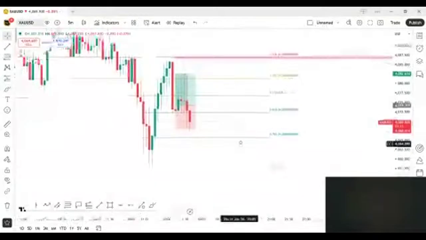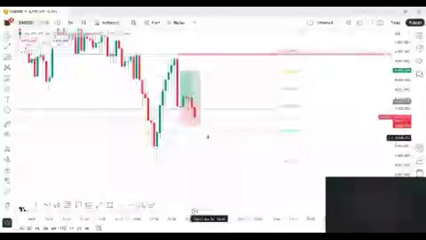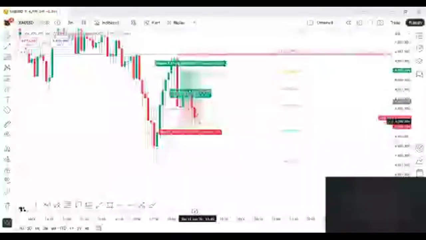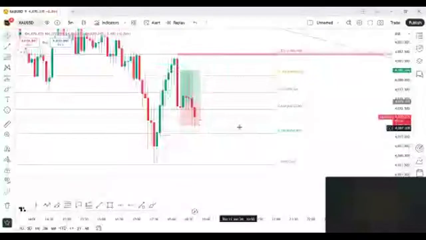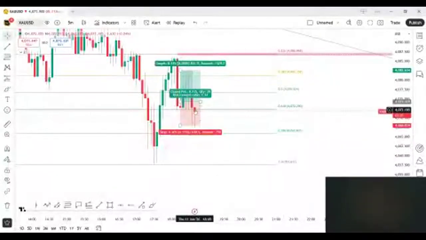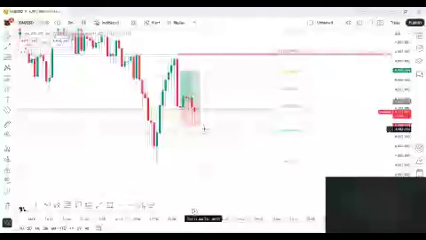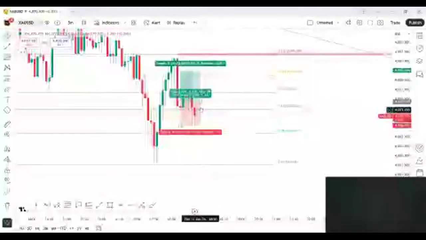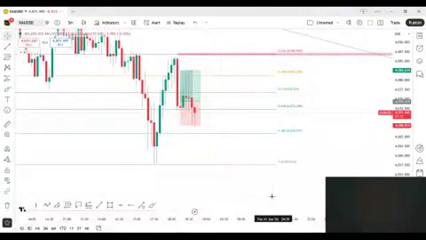Right now we got a little bit more confirmation. So we need to wait for this 5 minute time frame candle. Then if the market gives us momentum towards upside again, we can look for the buy position. If the market will not give us the confirmation here, then we will look further for the sells. So just wait.